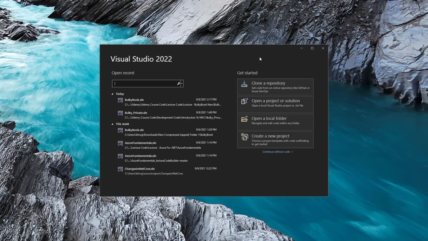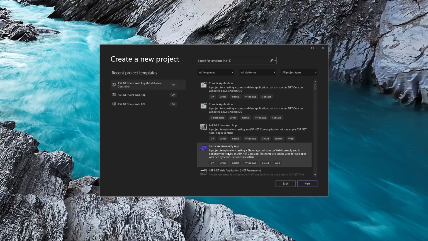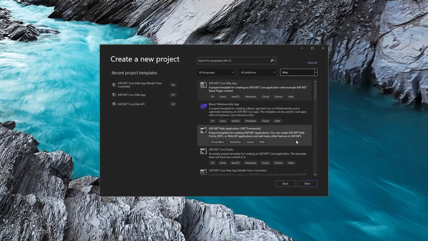First thing that we have to do is we need to create a new project. So I have opened up Visual Studio 2022, which will be the editor for this course. Here on the left hand side, I have my previous projects, and on the right hand side, we have the options to get started. We will click on Create a new project, and we have lots of templates that are available. We want to create a web application, so we can select that, and we want the web app with